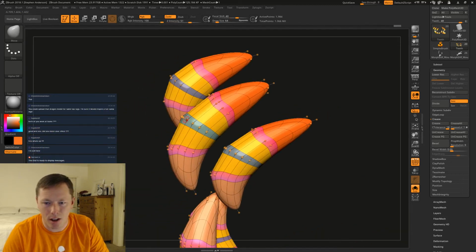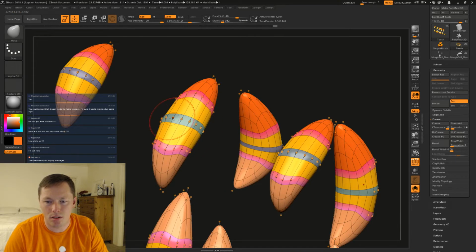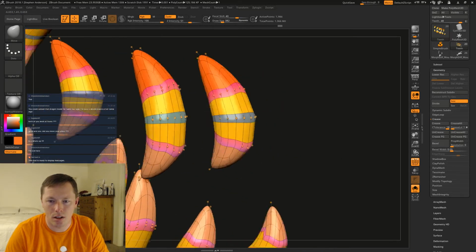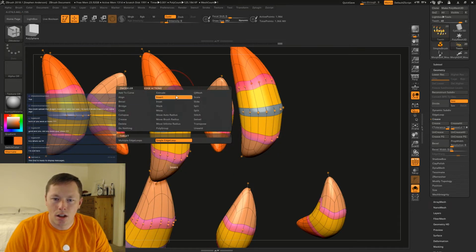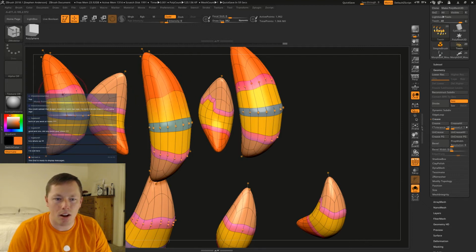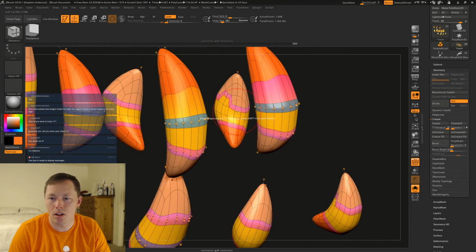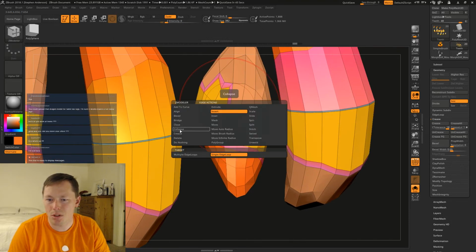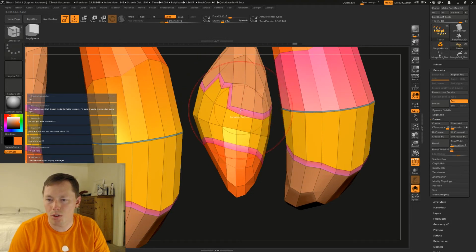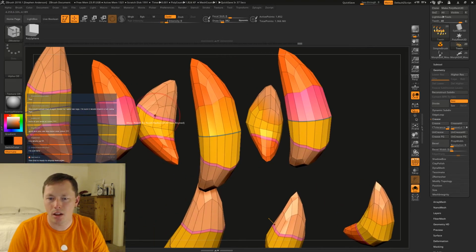It might just be a matter of having to just come in and say, okay, push and pull this in. Say insert to be able to take out a loop. Let's do this on this side. We're going to have to say collapse poly loop, be able to get rid of that.